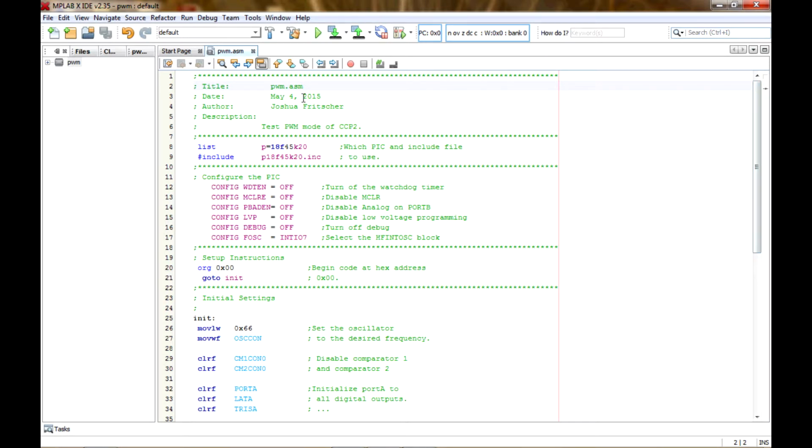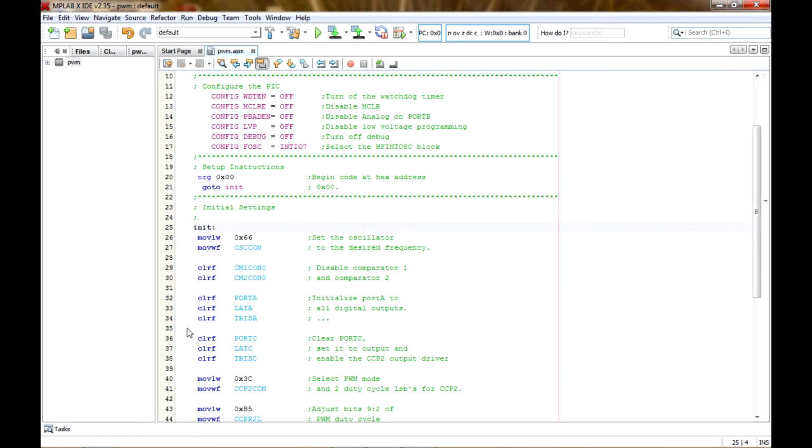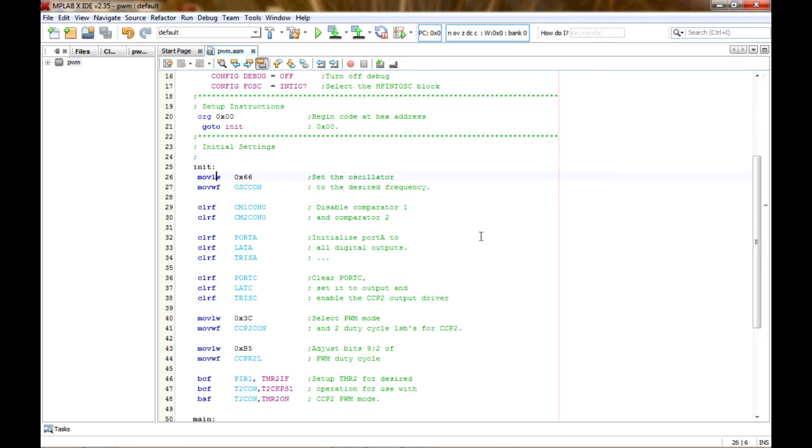You know, I got my little title block and my list and include, my configure settings. Don't necessarily need all of this, but I do it anyway. And I'm going to start my code at hex 00, which will go here to some initial settings that I like to set up. So the first thing I'll do is set the oscillator to the desired frequency. I called out to use the high frequency internal oscillator block